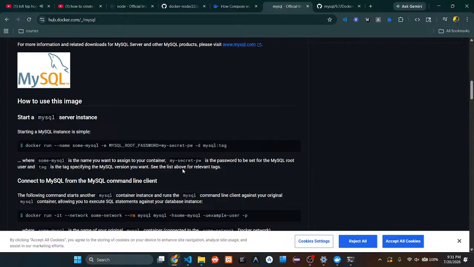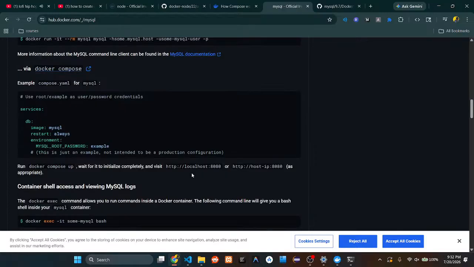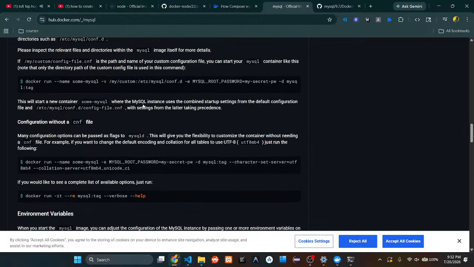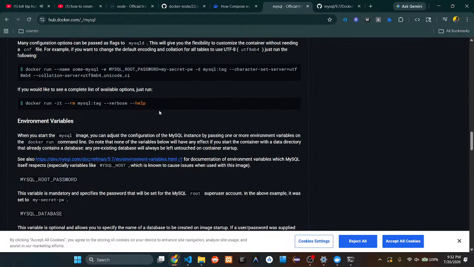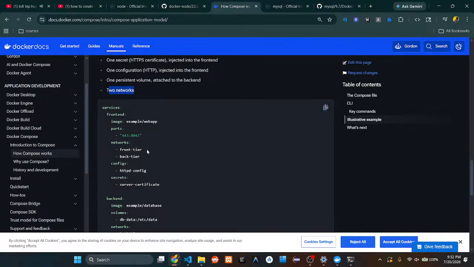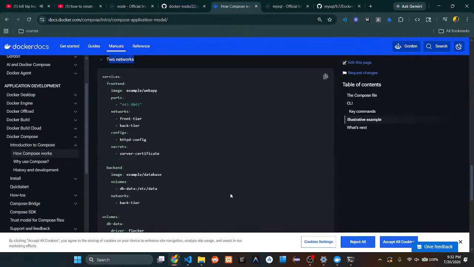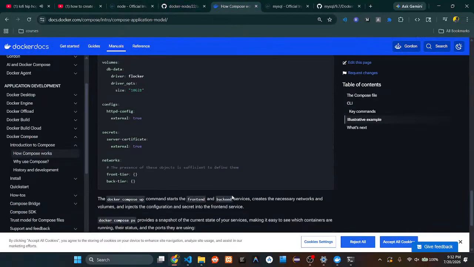How would I add it to the image? Okay, but that's the same thing. Let me see what this guy did. Here, what is it? The Docker compose file is